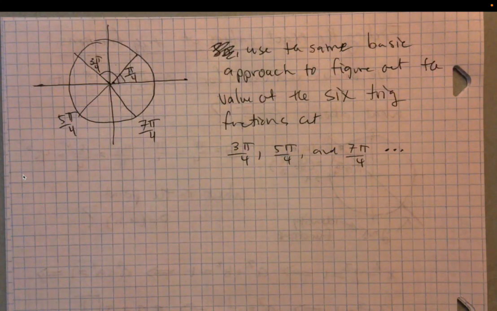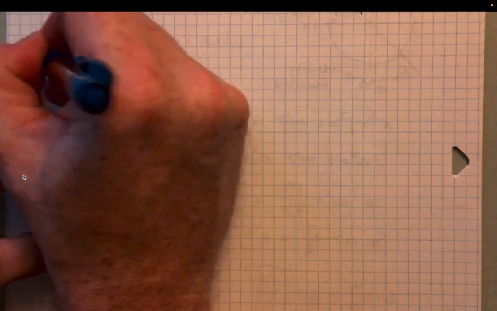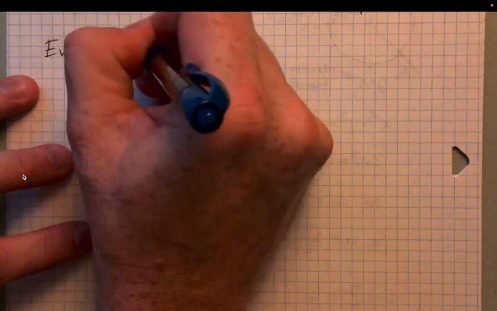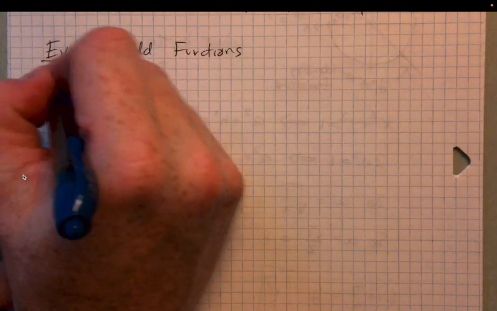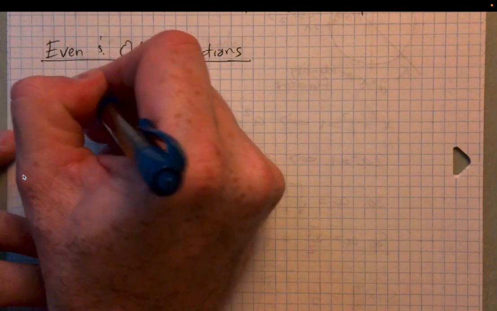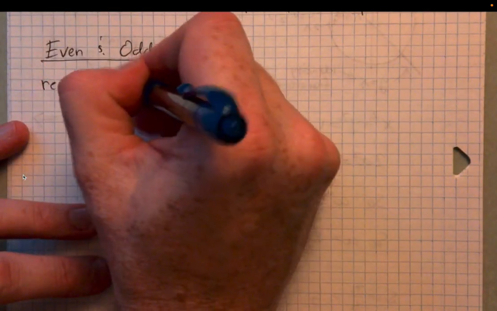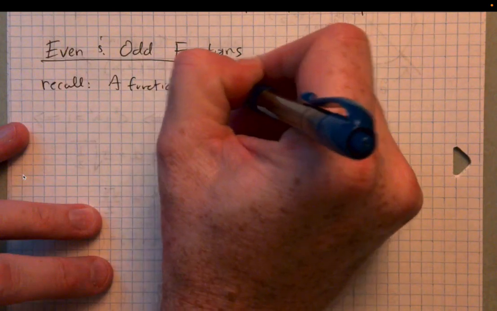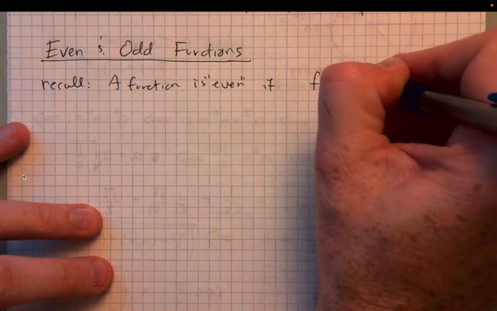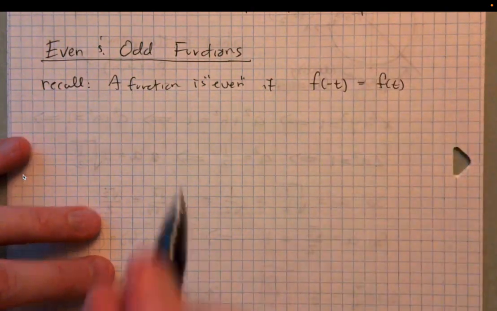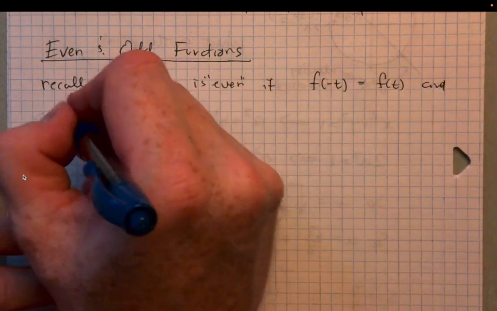Very good. Okay, so let's shift gears again here and talk about more function properties of the trig functions. And so we have this idea of even and odd functions. Recall, a function is even if f of negative t is equal to f of t. And a function is odd